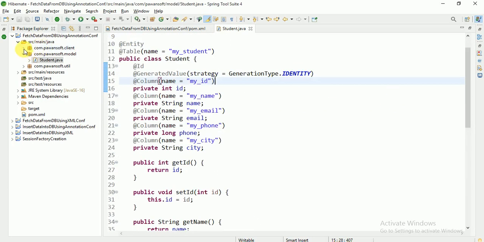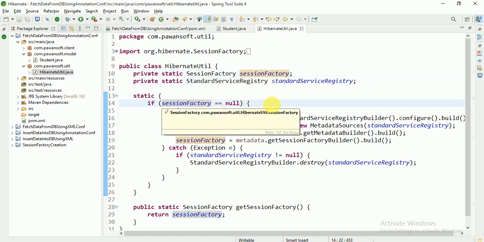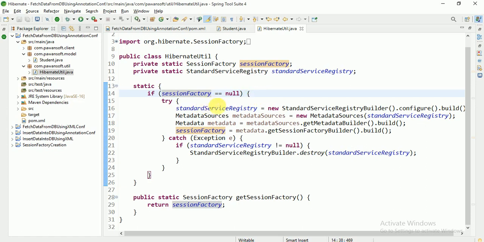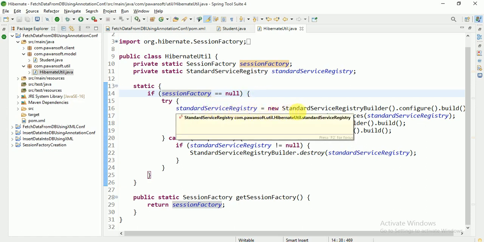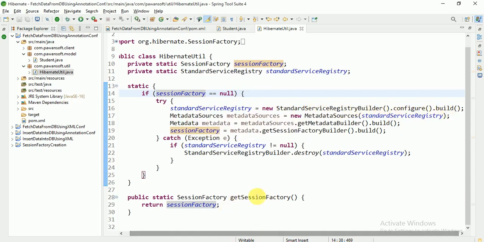Then go to the util class. Inside the util class, I have declared a SessionFactory object and a StandardServiceRegistry object. Then I check if the session factory is null; if it is null, go inside this block and create the StandardServiceRegistry equal to new StandardServiceRegistryBuilder().configure().build(). Then a MetadataSources object, new MetadataSources passing the standard service registry, and metadataSources.getMetadataBuilder().build(), which gives me the Metadata object.